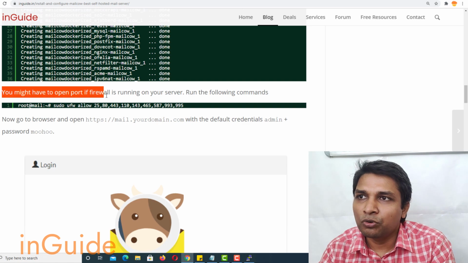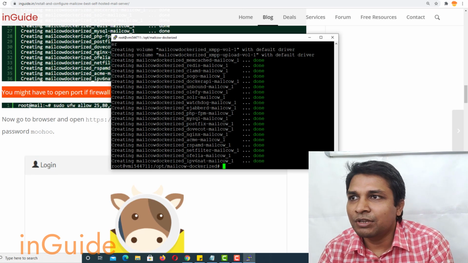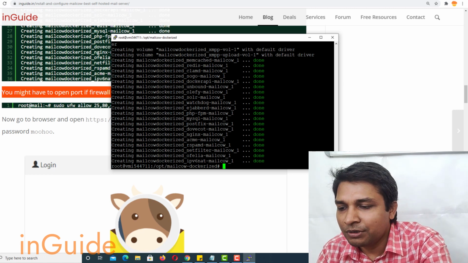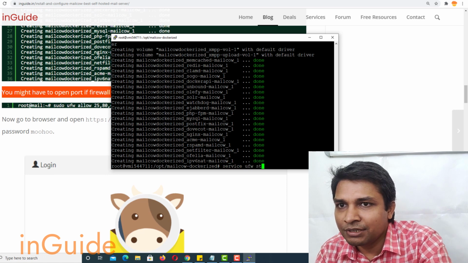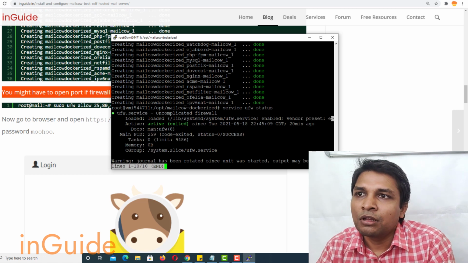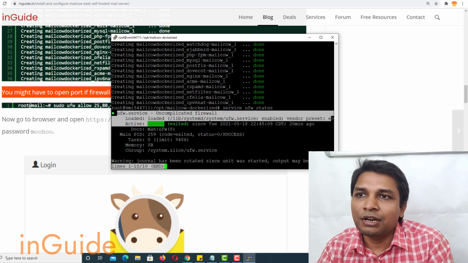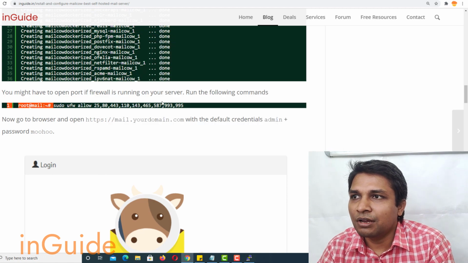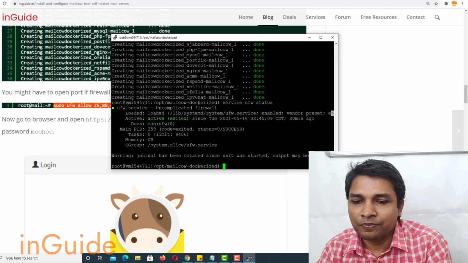Next, you might have to open a port if a firewall is running on your server. So let me see whether the firewall is running or not, and for that I'll type service ufw status. So now you can see the firewall is running. So what I am going to do is copy this command and execute it.